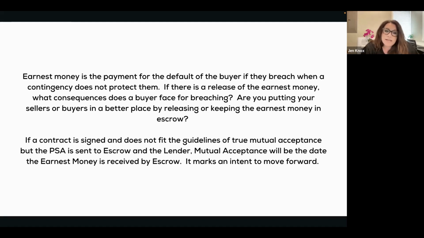If a contract is signed and does not fit the guidelines of true mutual acceptance, but the purchase and sale agreement is sent to the lender and escrow, then mutual acceptance will be the date the earnest money is received by escrow. This delivery of earnest money marks an intent to move forward. So an example of this would be